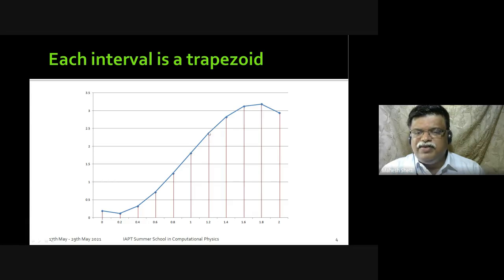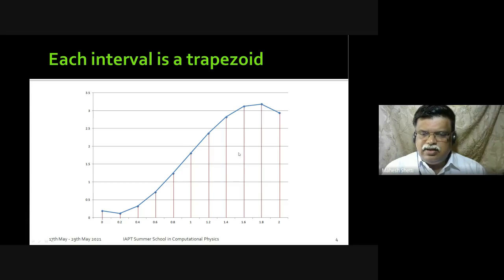But if it is curved from inside, then you are actually considering more area, and you are neglecting less area over here. So overall you are going to add more area. But if it is curved out, then overall you are going to take effectively less area. So depending on the nature of the curve, the error in the area is going to be either positive or negative.